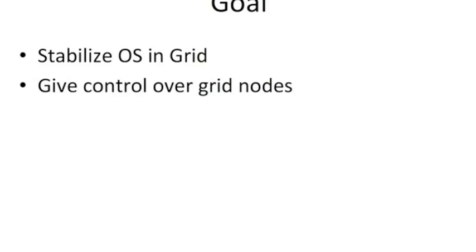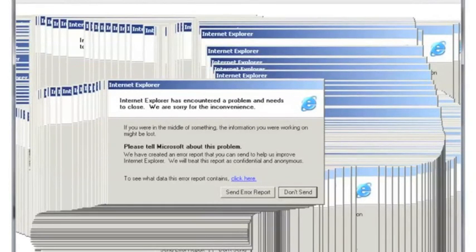After running the Zen machines for a while, we started to realize that if you just let Windows run for a couple of weeks at a time and have about 1,000 builds a week go against it, sooner or later Internet Explorer will crash and it will bring down the whole grid because all the nodes just decided to crash and become unresponsive. There was no easy way for us to control that or fix that, except to add a couple of scripts to restart